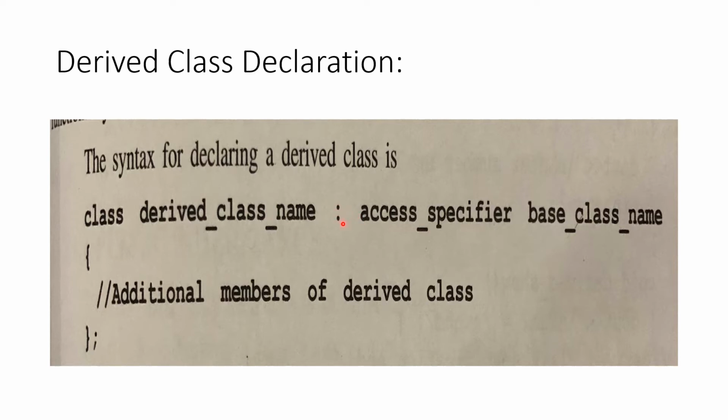Then we use a colon, and then an access specifier. The access specifier may be public, private, or protected, as we have already discussed in the previous PPT. Then we write the base class name, and this is the code which carries the additional members of the derived class.